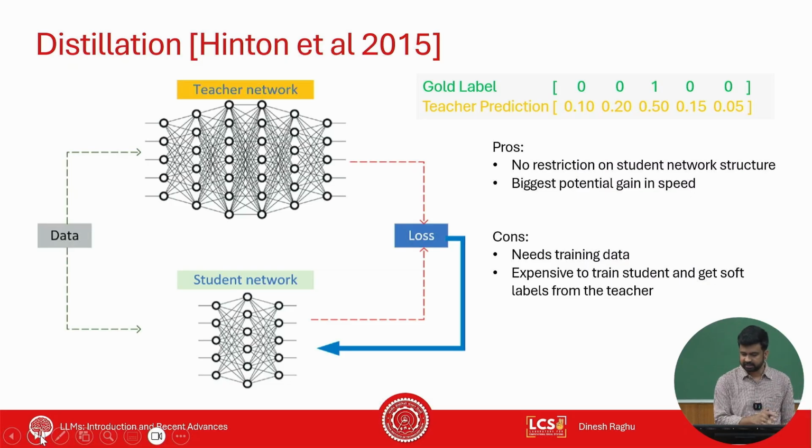Now again, like I said, the con is that you need the training data, and it's extremely expensive to perform this type of model compression, mainly because you have to do inference first. If you have a lot of data, you have to do inference. Inference is a lot more expensive because it has to generate one token at a time. It's extremely expensive. And then after you do that expensive task of generating outputs for every data point in your input, you will again have to train the student model from scratch, right? There are techniques which say that if you initialize your student network by pruning the teacher, using a very aggressively pruned version of the teacher as the student, your starting point is much better. You can reduce the time, but you will still end up having to fine tune, right?